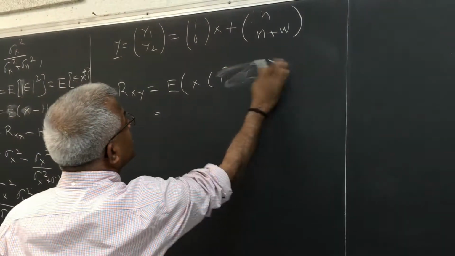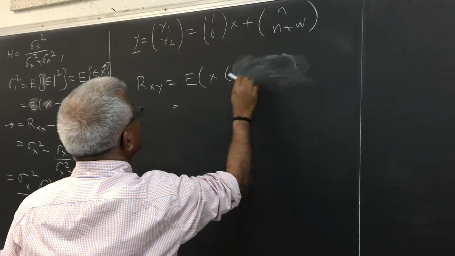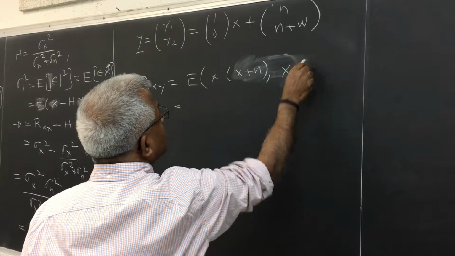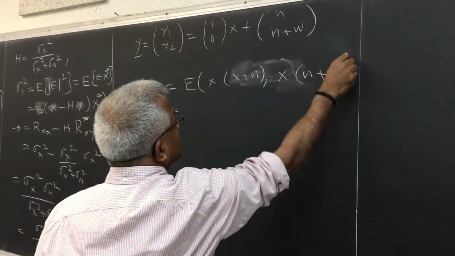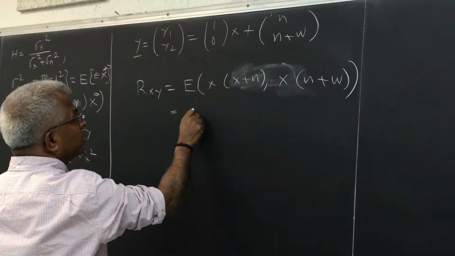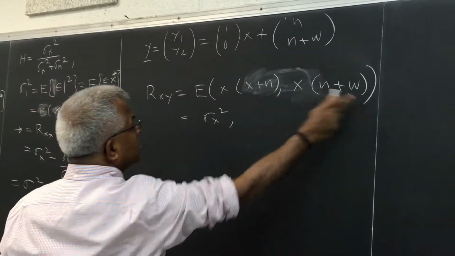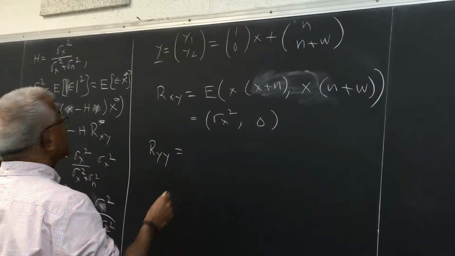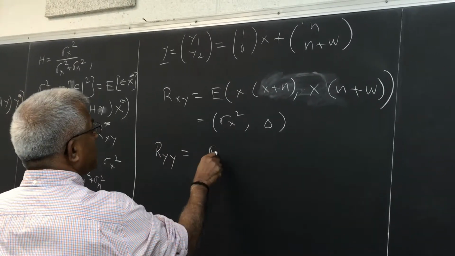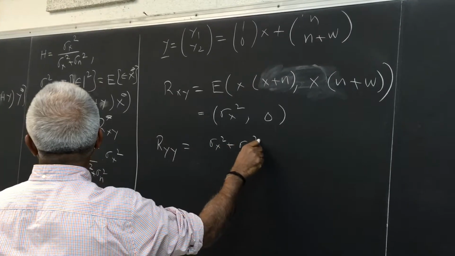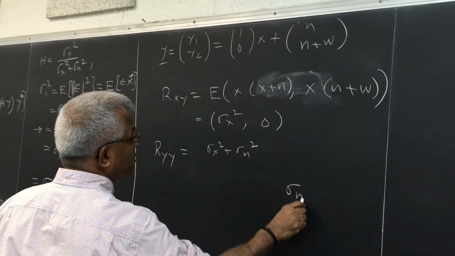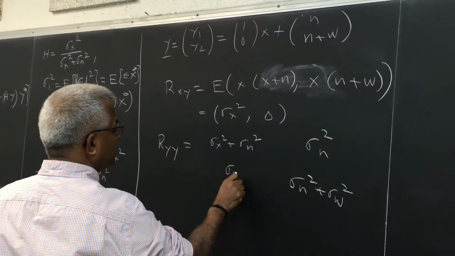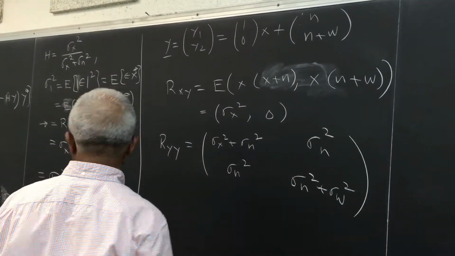So we can do it here itself. Y1 star is x plus n, and the other one is n plus w. So this would be, of course, sigma x squared, and these are uncorrelated, so you get 0. And Ryy is sigma x squared plus sigma n squared. Here you have sigma n squared plus sigma w squared, sigma n squared, sigma n squared, because it is 2